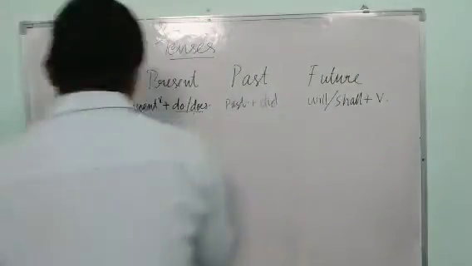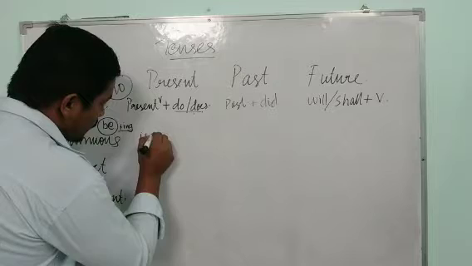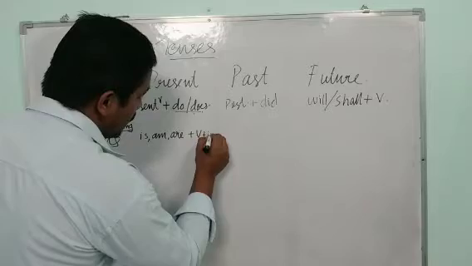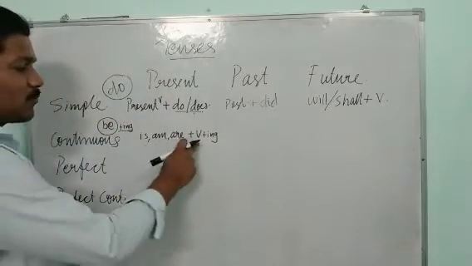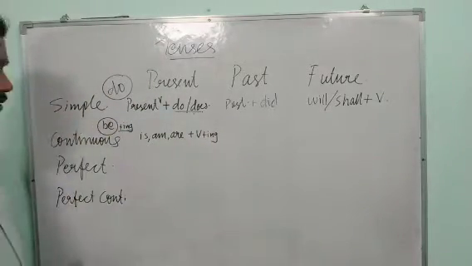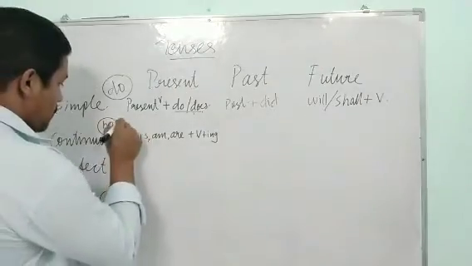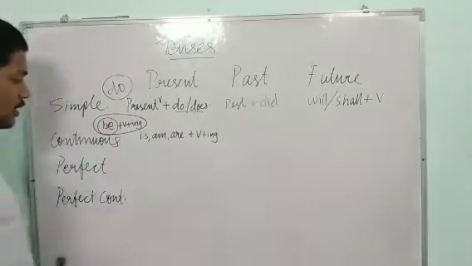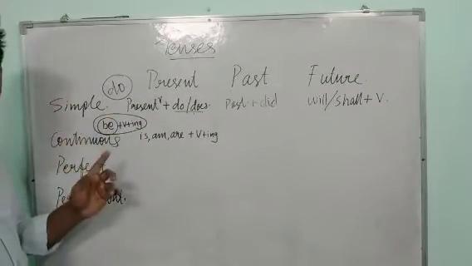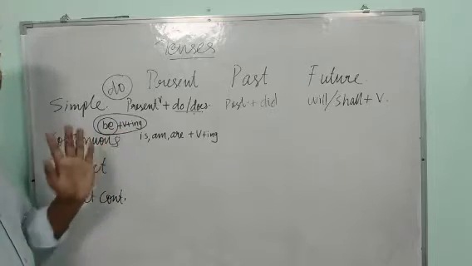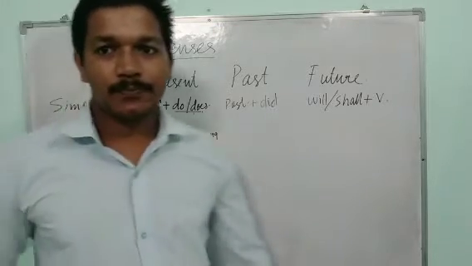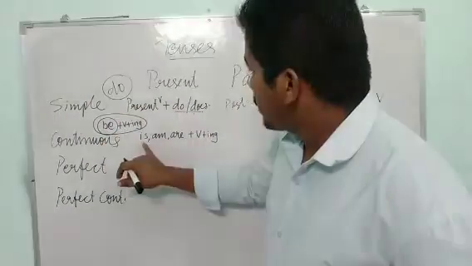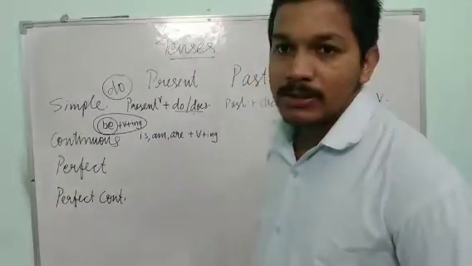So we can say here in present, is, am, are plus verb plus ing is used. Is, am, are plus verb plus ing. So we can say be form verb plus verb plus ing. Okay, so this is the continuous tense. Everywhere continuous tense is there, a be form verb plus verb plus ing structure will be there. Then in present tense, the be form verb used is is, am, are plus verb plus ing.